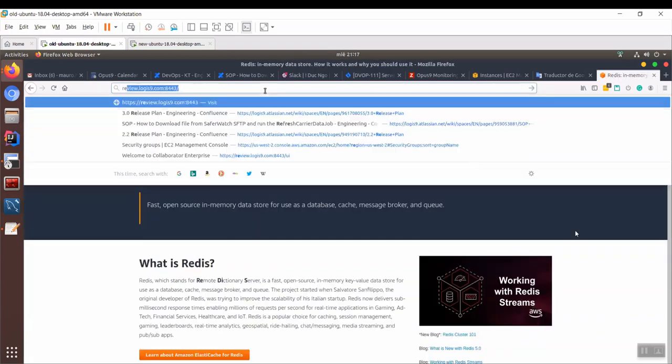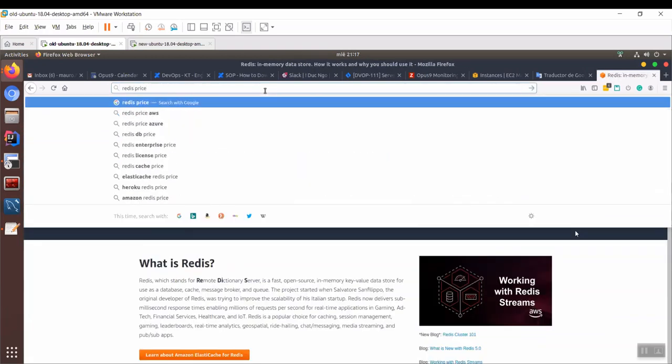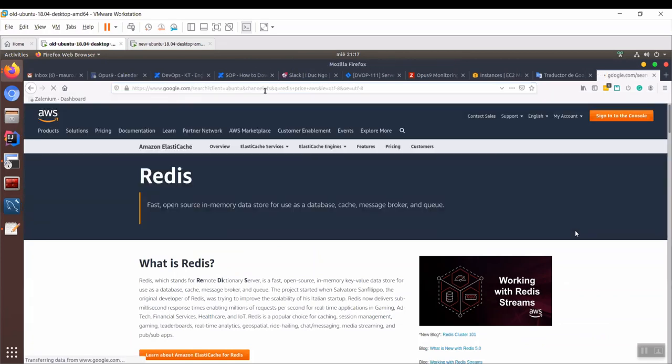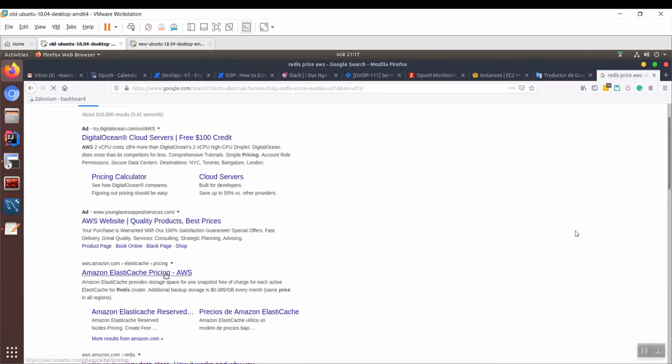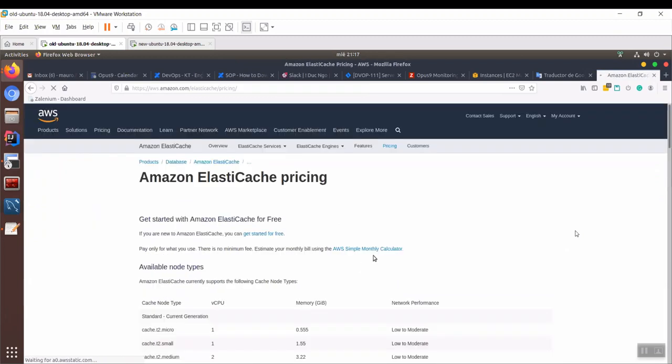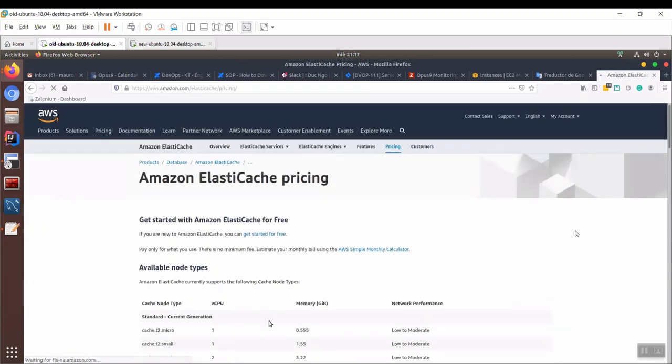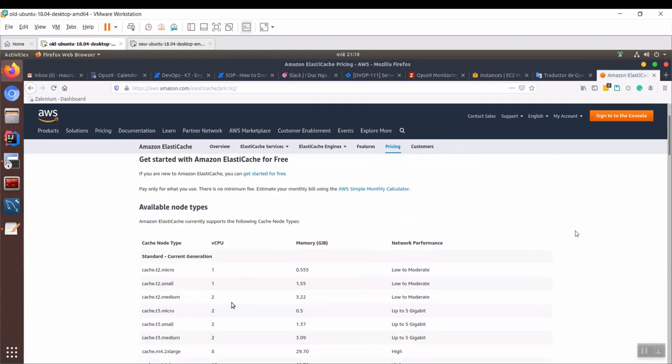I don't know, let me check right now. Redis price, AWS price. It will not be complicated. Select a cluster and it will provide the cost. Let me see. Do you see? Amazon ElastiCache pricing. I think we will need this one for now.